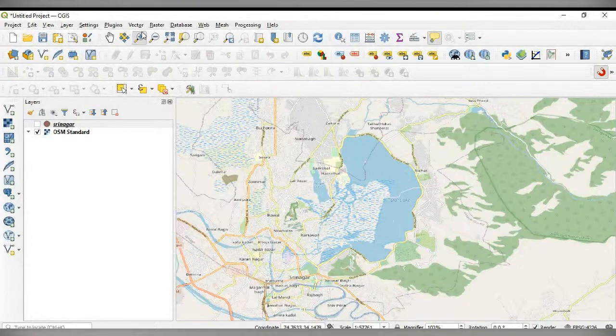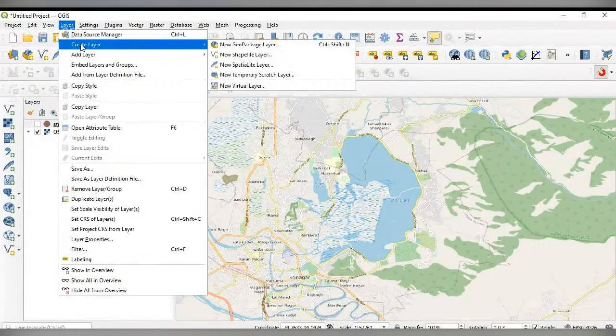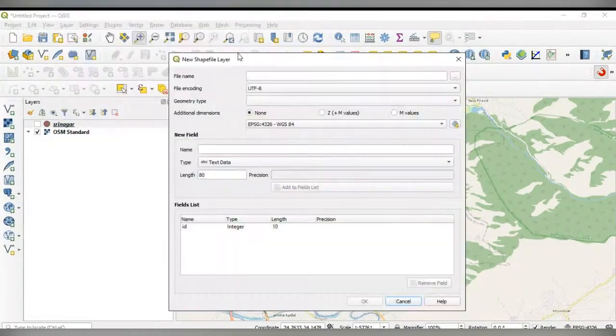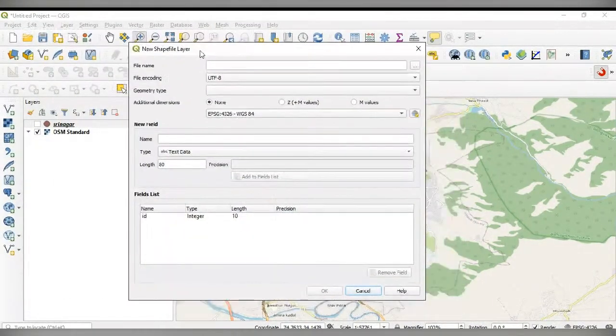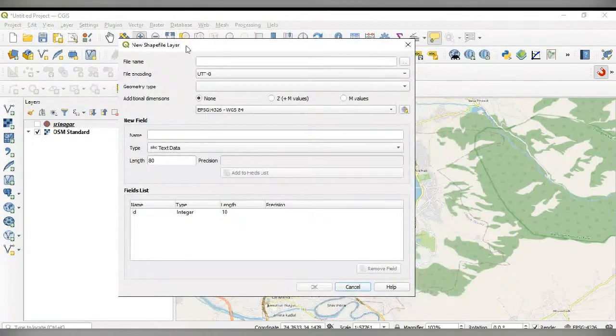And now, how to create an empty layer. First go to layer, create a layer, create a shapefile. Shapefile is a file format, a proprietary file format of the proprietary software ArcGIS of Esri.